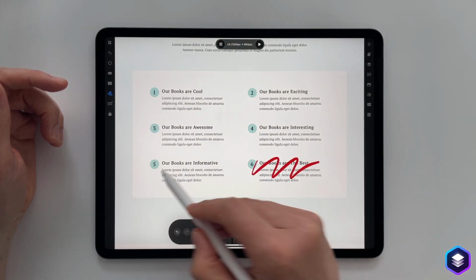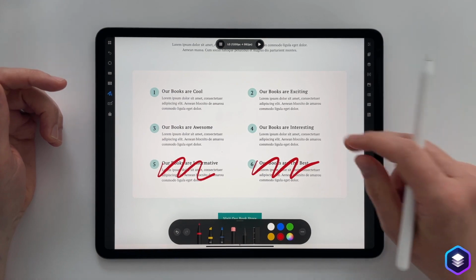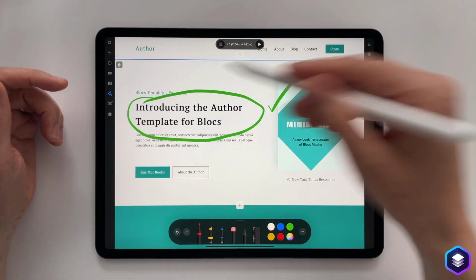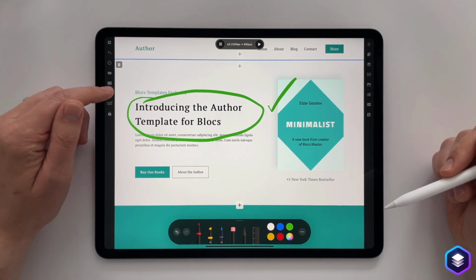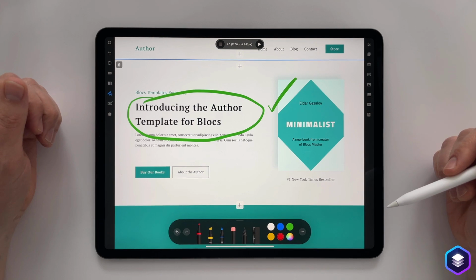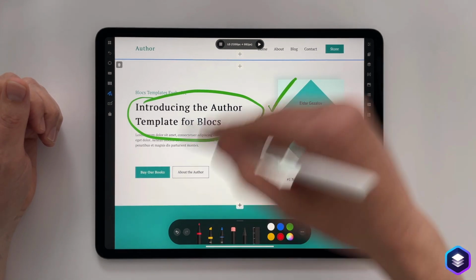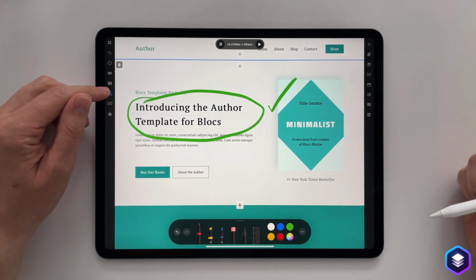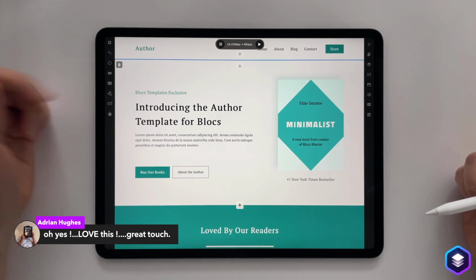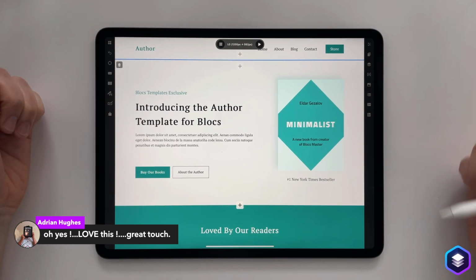Yeah, the client doesn't want these two boxes either. So this is a handy feature of Blocks on iPad, because we can add these notes and toggle them on and off. If we're on the go and meeting a client, or chatting to one on the phone, we can make some notes here, and then get back to the office and address those. And we can just toggle those on and off with that button at the side.